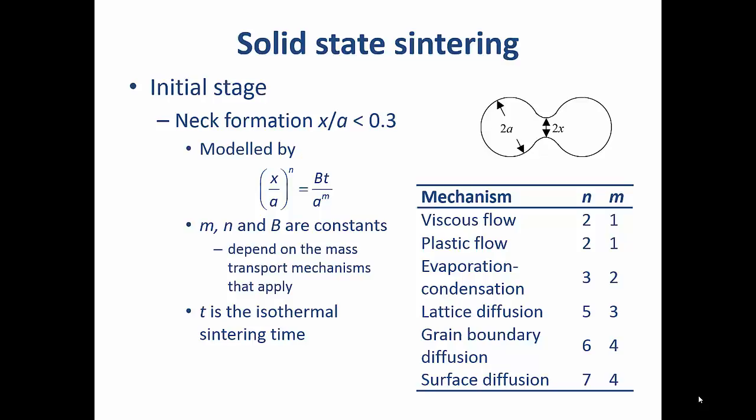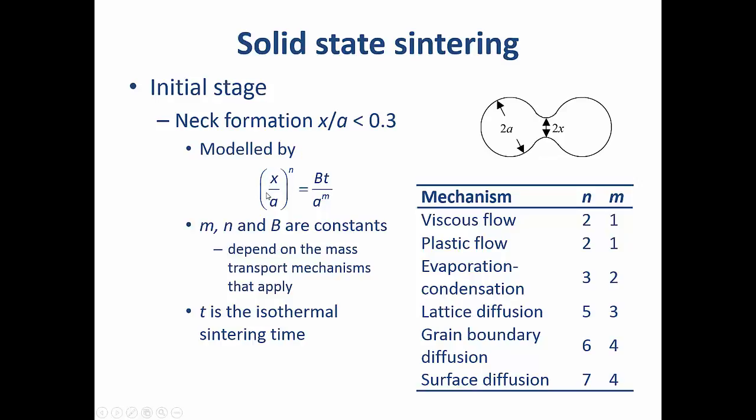So finally in this session I want to look at the initial stage of solid state sintering. The initial stage is the formation of a neck between two particles, shown schematically here, between two identically sized particles, and of course in general that won't actually be true. The radius of the neck is given by x and the radius of the particle is given by a, and